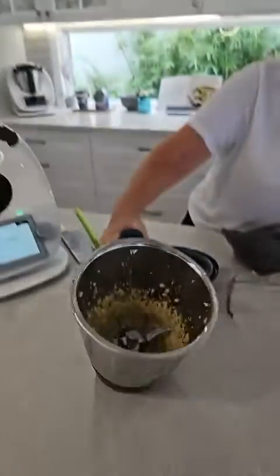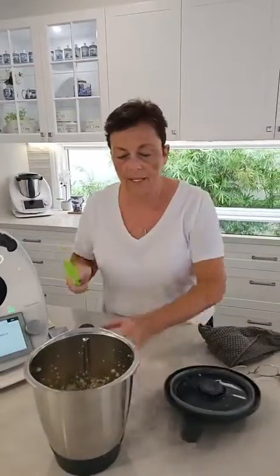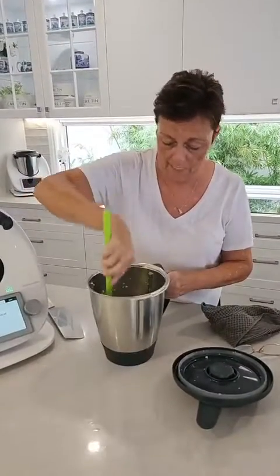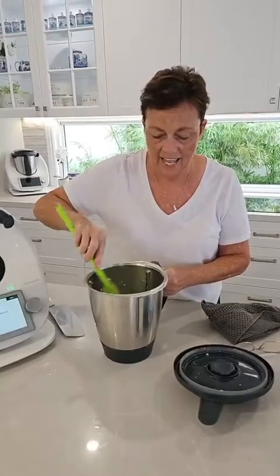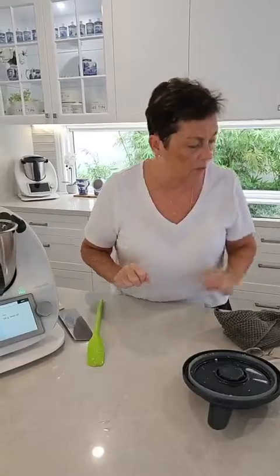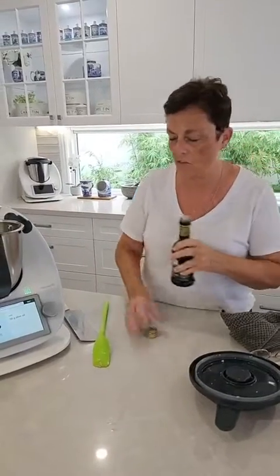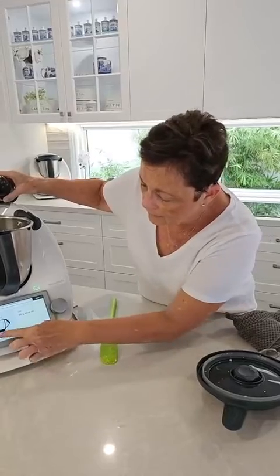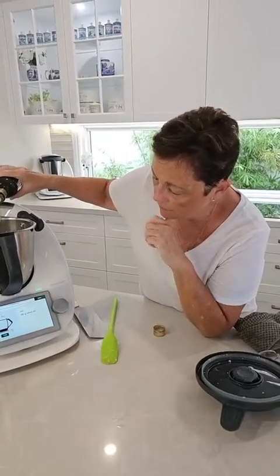Okay, pretty good. Still a little bit chunky. So we're going to scrape it down. Oh, very garlicky smell in this house. And it wants us to add around about 50 grams of oil. So I'm going to add probably about 30. Clear the scales. I love how the scales...